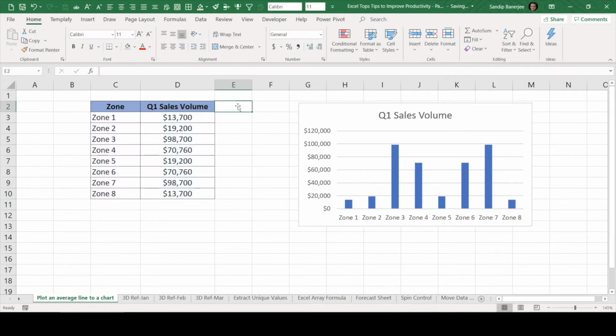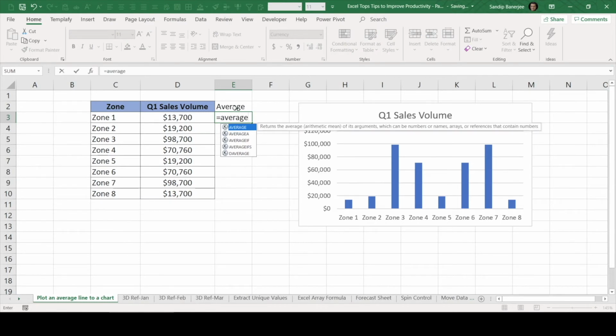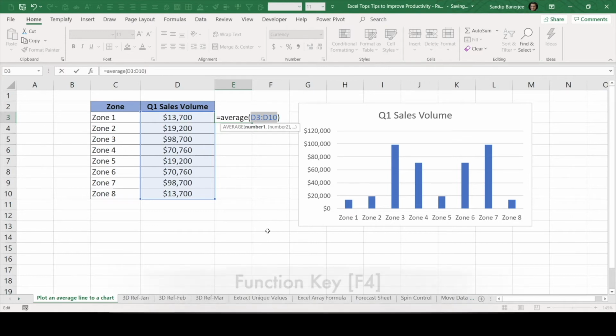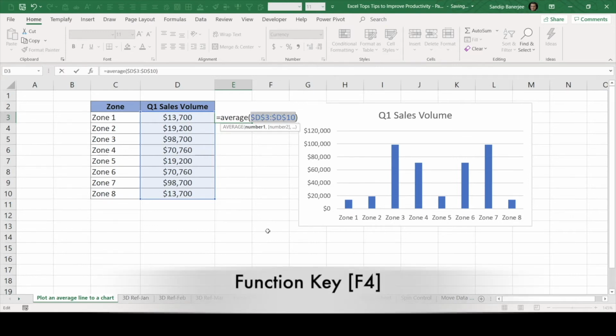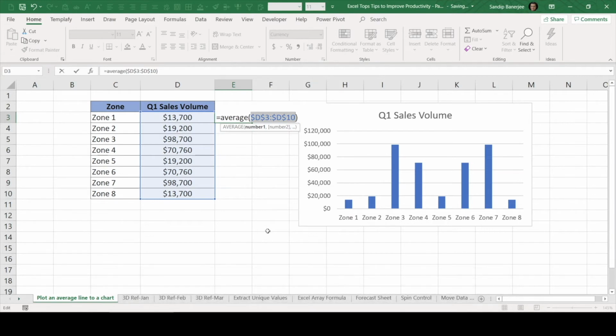First of all, let me come back to this data, type average here, and after that, let me write this formula equals average, and then I need to select this particular data range. Now, one thing I need to do here, that is, I need to select this data and mention it as an absolute reference. So what I'll do, I'll press F4. If you remember that we learned this particular trick earlier, that how we can use F4 function key to make an absolute reference. So my formula is ready now.